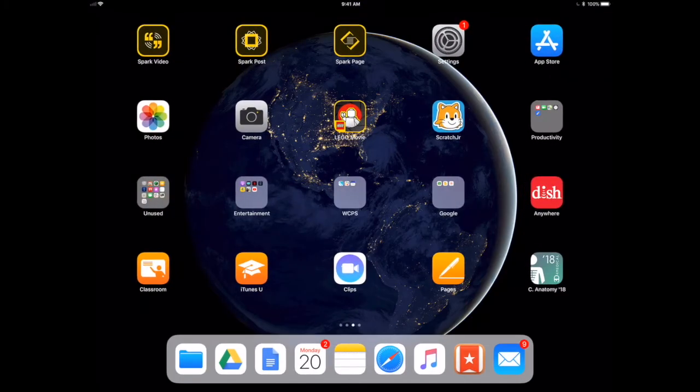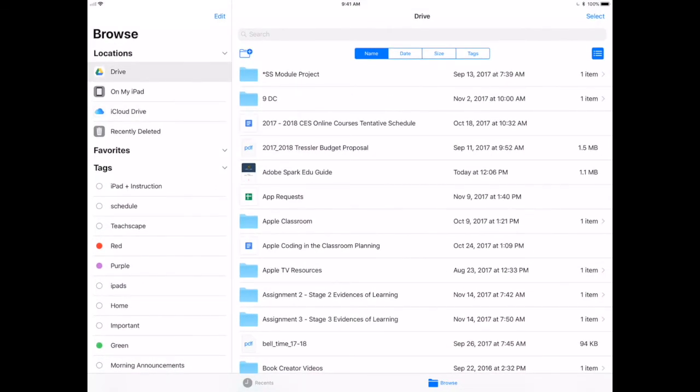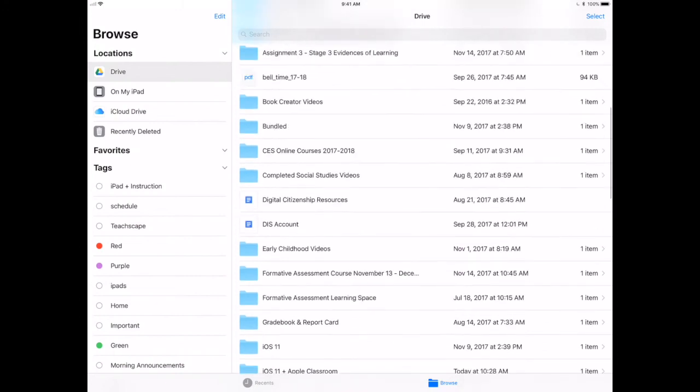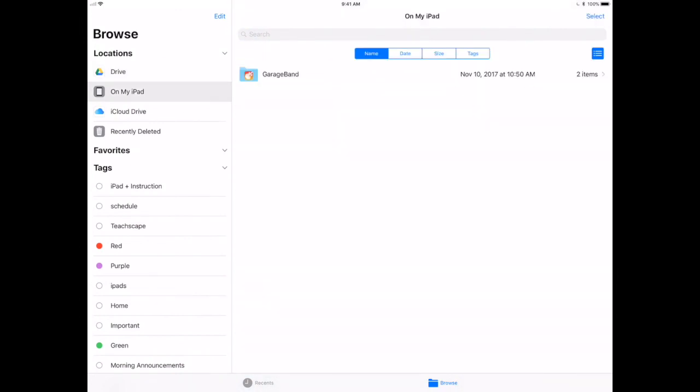I do encourage you again to explore the connections that Files has to your main apps that you use, specifically Google Drive. It is a very nice feature to be able to modify or annotate a PDF from Google Drive, or even create a folder from within Files that will also be in Google Drive. Currently at this time within Files in Drive, you'll see that I do not have access to Team Drive. So if it is a Team Drive option that you're looking for, you will have to still use the Google Drive app for that.